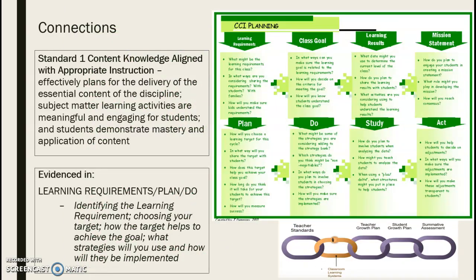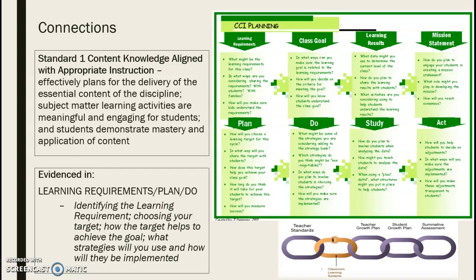So we're going to begin with Standard 1 of the teaching standards that are used in the educator evaluation system. That standard is content knowledge aligned with appropriate instruction. This standard reflects that we're planning for the delivery of our content area knowledge and that we're making sure our activities are meaningful and engaging to students and that students are able to demonstrate mastery of that content that we've taught. When we make the connections to classroom learning systems, we see that through critical learning requirements and the plan